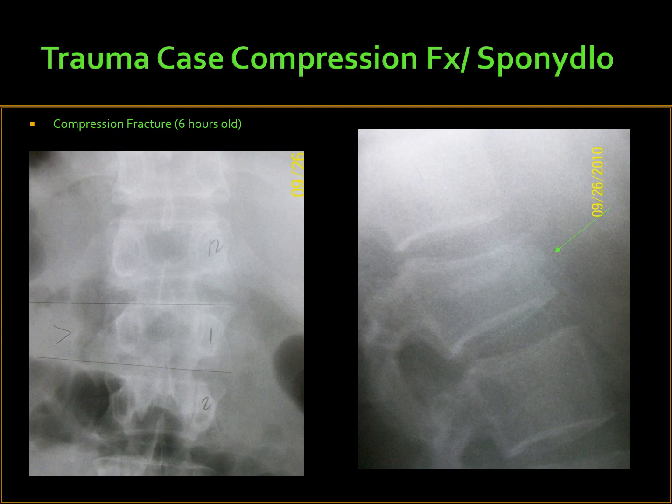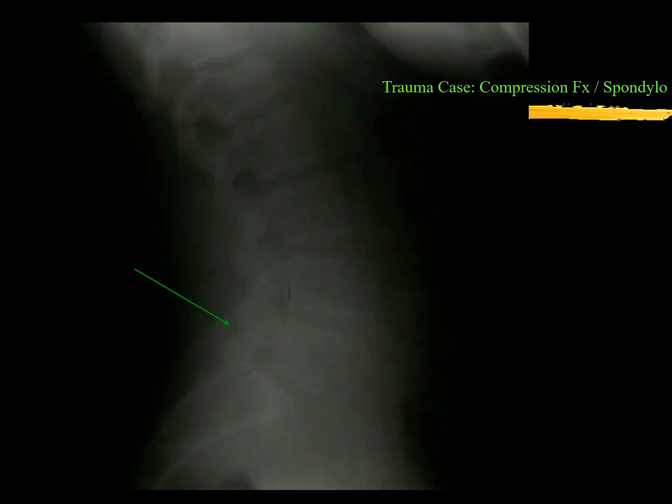So same patient, same trauma, L1 compression fracture and L5 spondylo. I believe I have the spondylo picture. There it is. The arrow is pointing to the pars fracture, which you can see, and you can see the slight migration anteriorly of that vertebrae. And you can also see that it pretty much looks like a normal disc. That disc is fairly parallel. The disc space is parallel. The end plates look very parallel there, along with the spondylo. So this all kind of makes sense